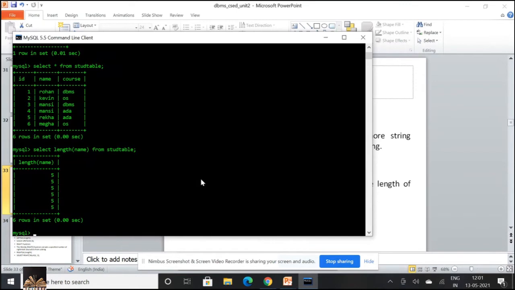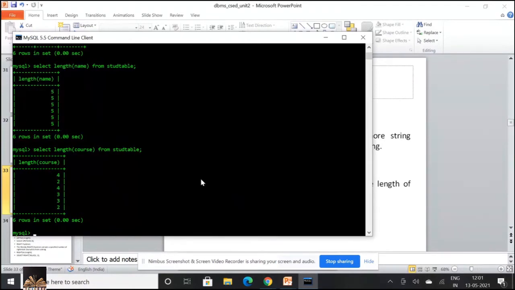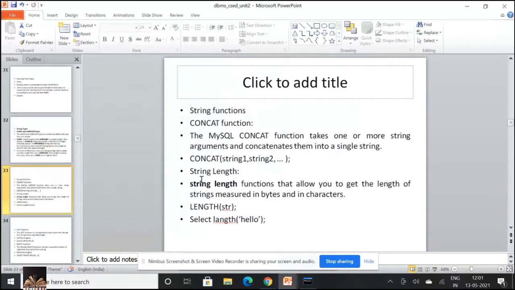Everything in the name field is 5 characters. Now I'll change that to course. This will give me different values: 4, 2, 4, 3, 3, 2. So based on the number of characters existing in your column field, LENGTH displays the number of characters in the given string. I hope it's clear.